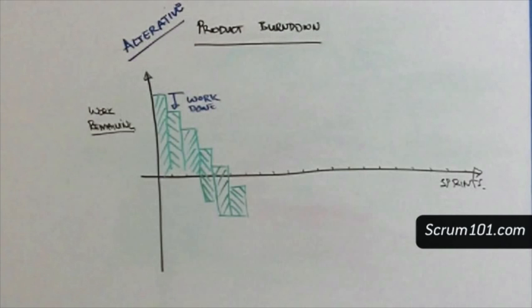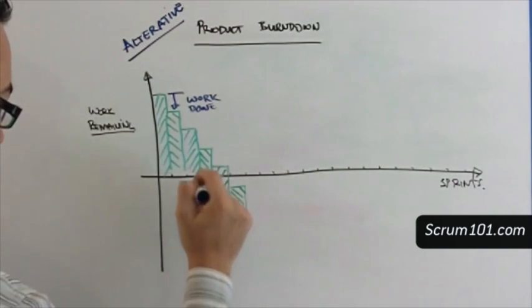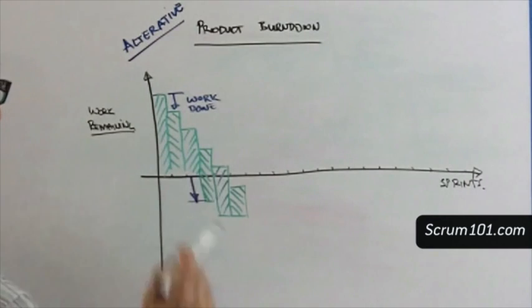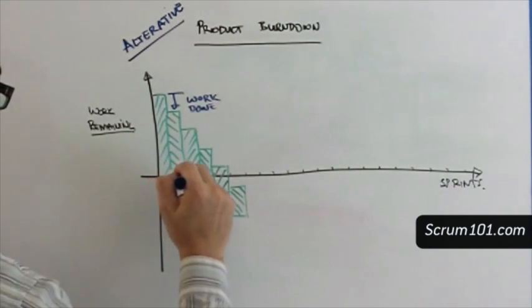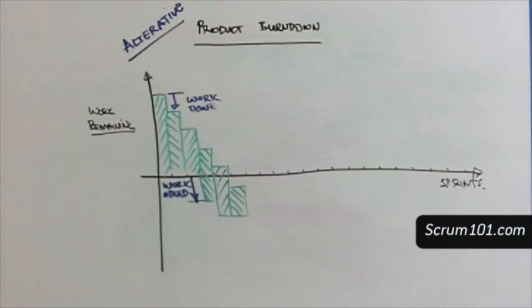But what happens if work is introduced into the product backlog? What do we do about new stories added by the product owner? How is this handled? Work added into the product backlog is added to the bottom of the bar graph. For example, no new work was added to the product backlog between sprints 1 and 3. However, between sprints 3 and 4, there was work added to our product backlog, and similarly between sprints 4 and